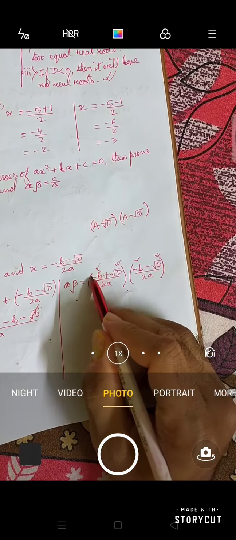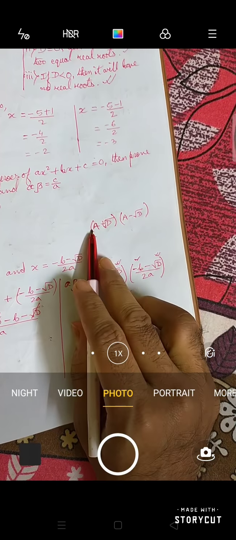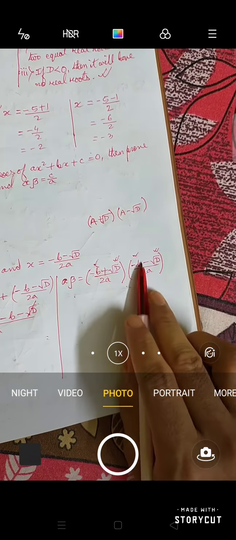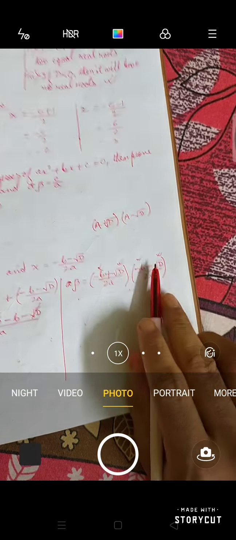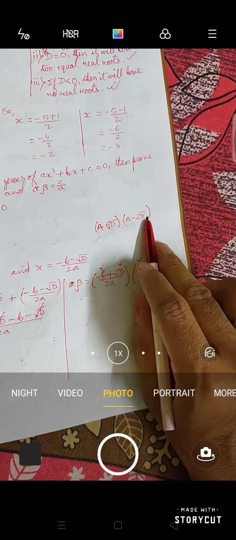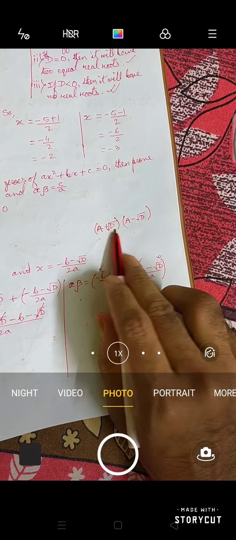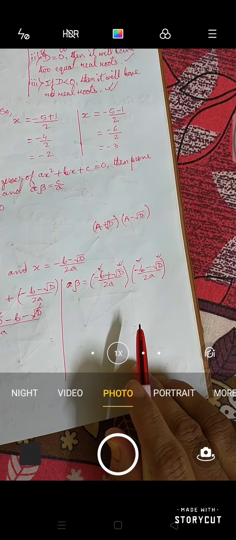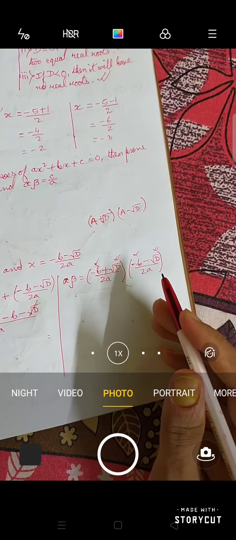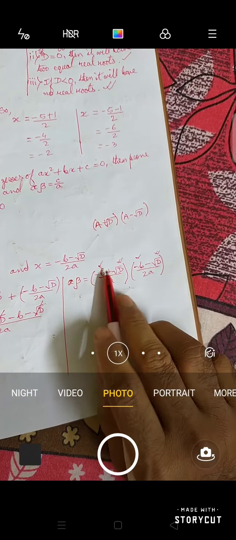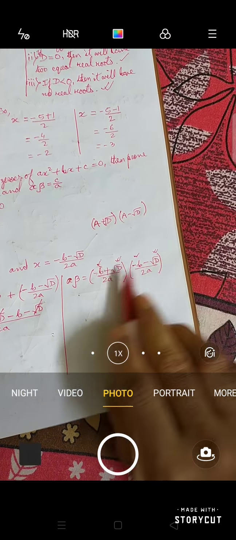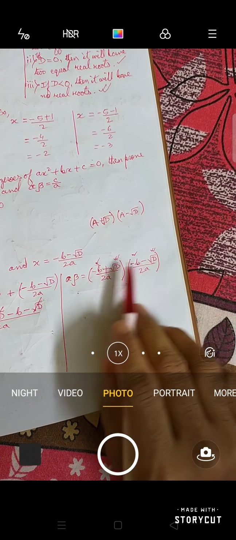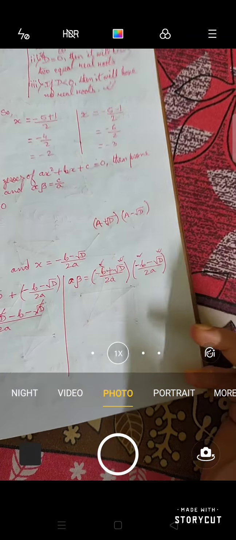Let us suppose minus b as a. So I have taken this as a. So a plus root d. Now this minus b is a, and there is a minus root d. So can I say that this is (a plus root d) into (a minus root d)? Or if you don't understand this, then numerator you can multiply with numerator and denominator with denominator. That means minus b will be multiplied by both and then root d will be multiplied by both. It's up to you how you want to solve.